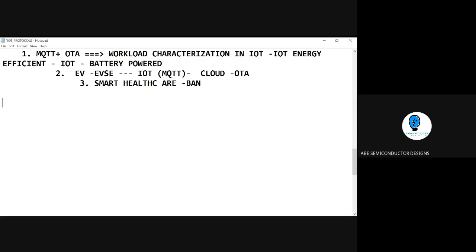What is the major problem in these IoT protocols? This is the most important scenario, and we are going to discuss the problems and how to rectify the problems in the IoT and where to integrate this kind of protocol mechanism. So after establishing this, you can see these API layers and everything, but I'm talking about the practical implementation where we are working over here.